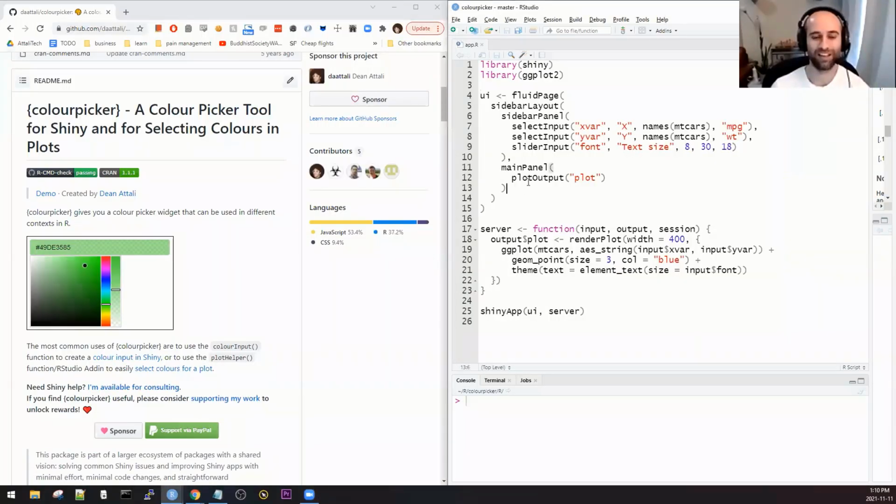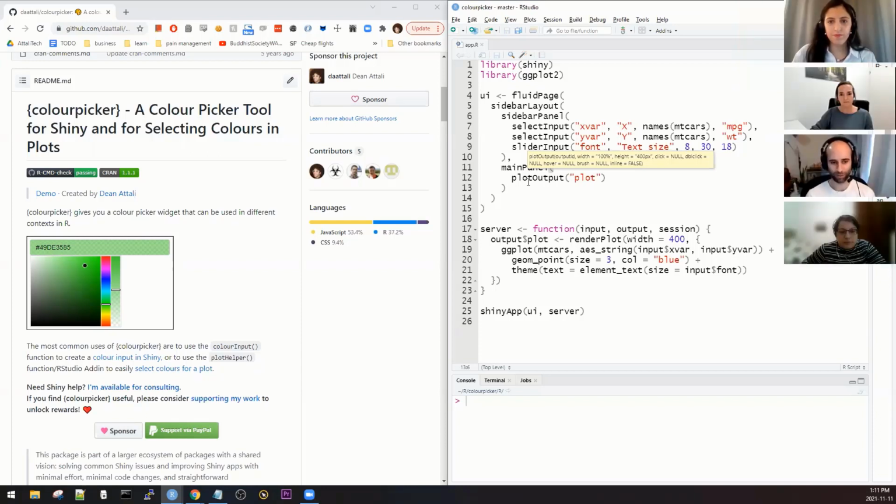Okay. Yeah, so hi everyone, I'm Dean Atali, and I'm going to be presenting about the colourPicker package. Now the colourPicker package actually has a few different tools in it, and most people are only really familiar with one of them, which is the color input for Shiny. But it actually has some other stuff in it that can be useful for anyone, even if you're not a Shiny developer. It's useful if you do anything to do with colors in R, such as making plots, and you need some help in deciding what colors to use. So I'll go over how these different tools